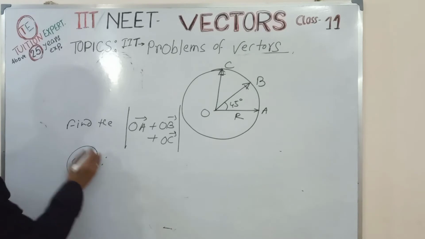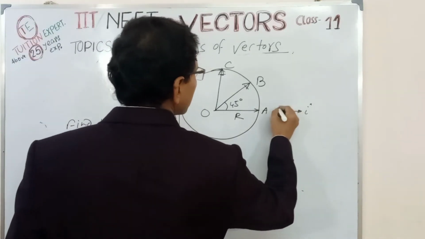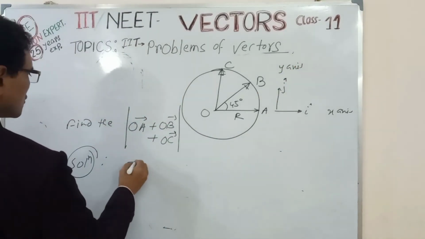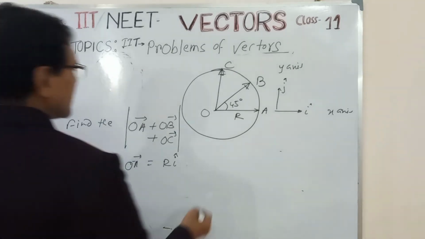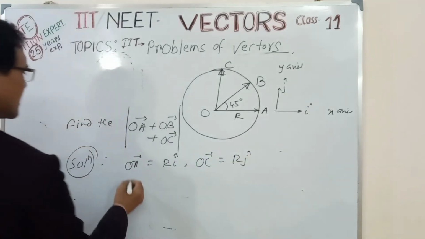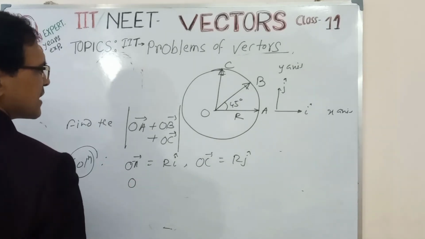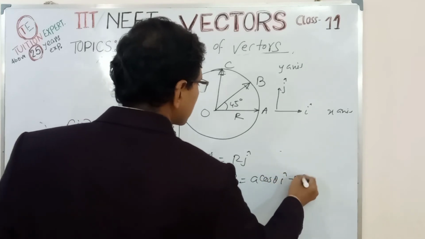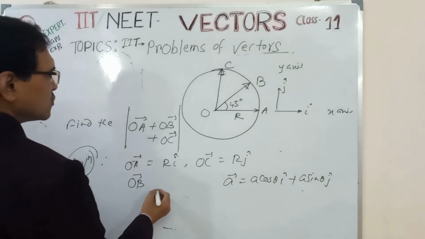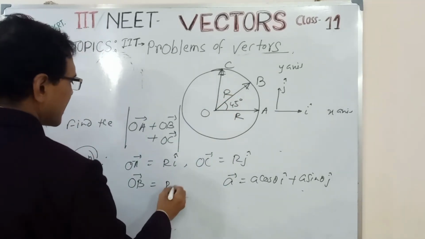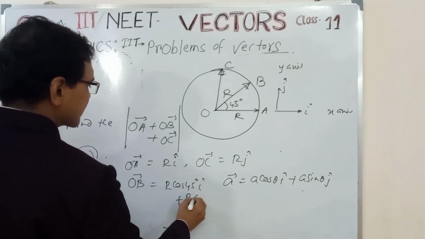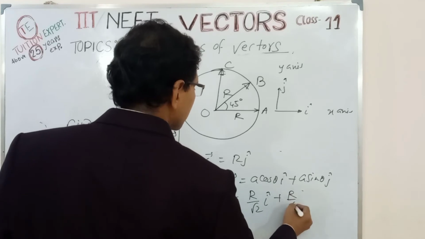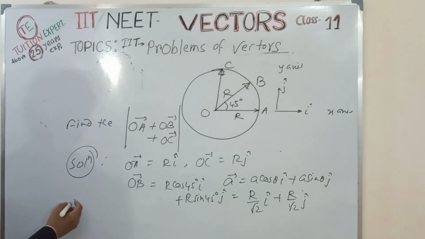The solution is this way. If we take unit vector along this I and unit vector along this J, that is, this is x-axis and this is y-axis, then OA equal to R into I simply, and OC equal to R into J, and we have to express OB in terms of I and J. So for OB, we use the formula A equal to A cos theta I plus A sin theta J. The magnitude of OB equal to R. So R cos 45 degree I plus R sin 45 degree J. Now OA plus OB plus OC equal to